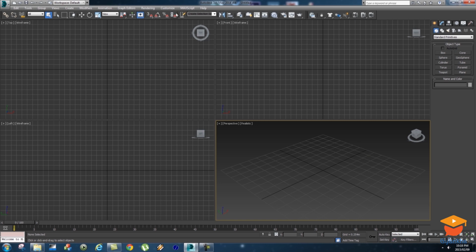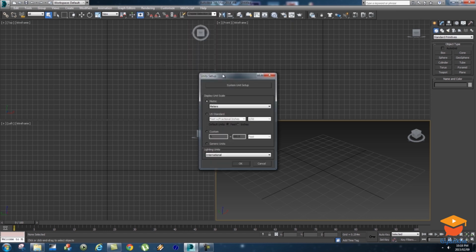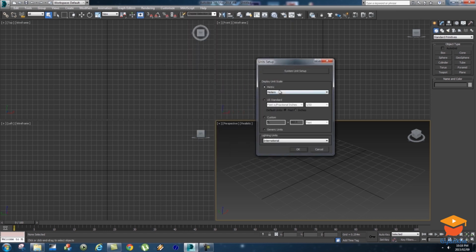So basically you'll click on customize here at the top, and then you'll go to units setup. And on the units setup window, you can change between metric and US standard. So if you're from America, you'll probably be familiar with decimal inches and fractional feet and decimal feet and all those kind of things. I'm using the metric system, so I'm going to be using meters for this one,